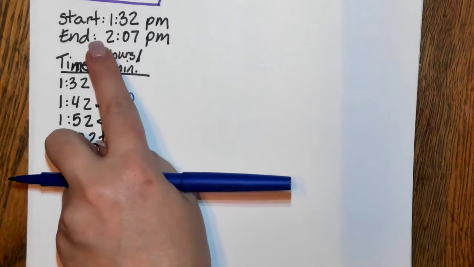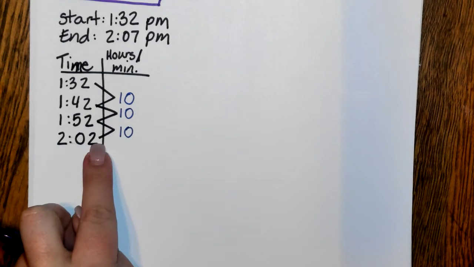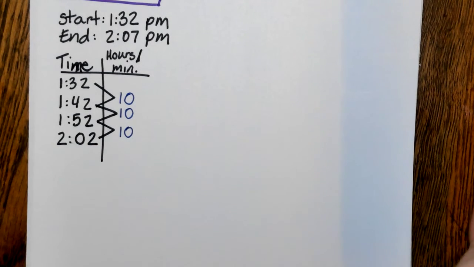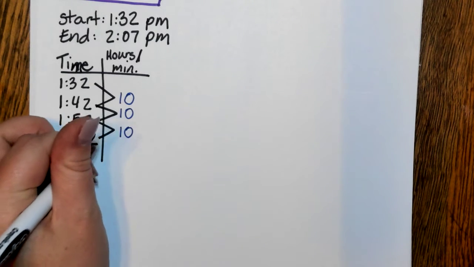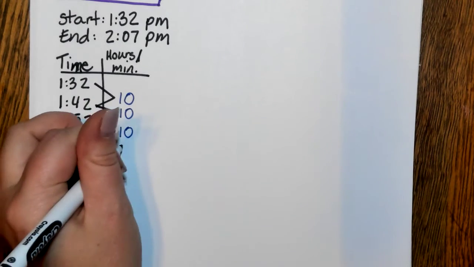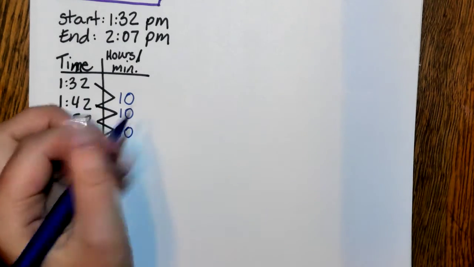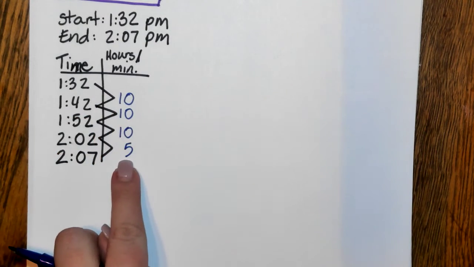My end time is 2:07. So now I'm going to go from 2:02 to 2:07. That was 5 minutes. And the thing that I like about this is that I already have my numbers lined